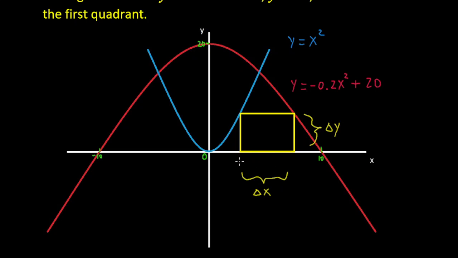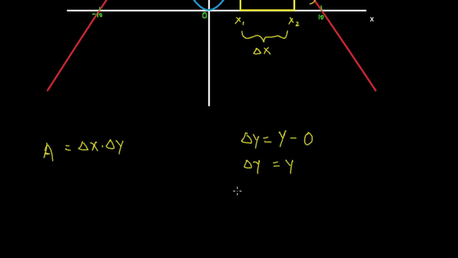Okay, how about this? This is the x value. The first x value, we call this x subscript 1, so x1. And the second value here, we call it x subscript 2, so x2. Again, because the x value does not start from the origin, we have to look at it like this. This is the first x value and this is the second x value. So what's the value of delta x? It's going to be the value between x1 and x2. So we can say that delta x is x2 minus x1.